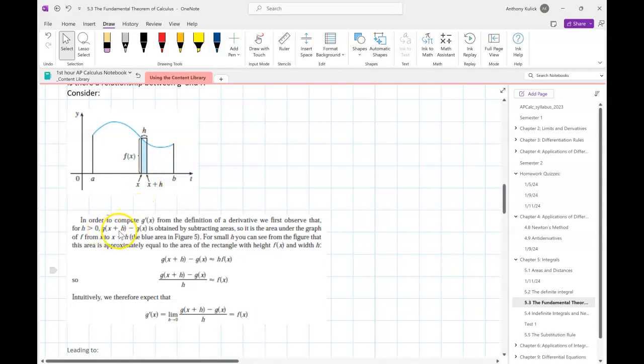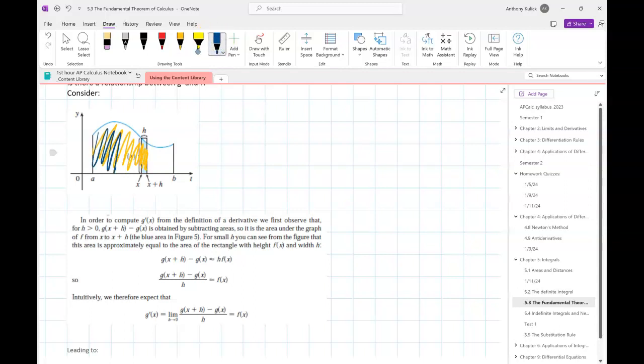So g of x plus h minus g of x is going to be obtained by subtracting the areas. So it will be like the area for g of x plus h all the way to there, minus the area for g of x, which leaves only that little rectangle that we have illustrated,